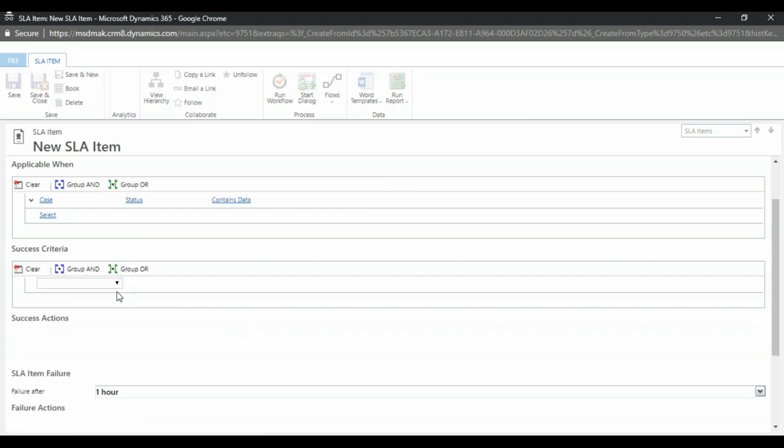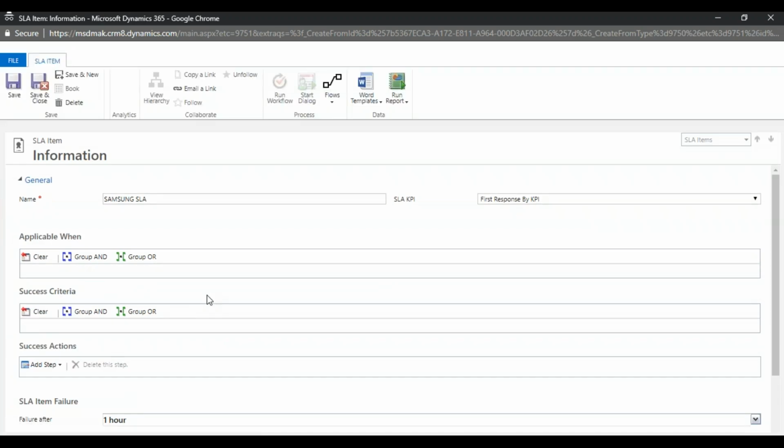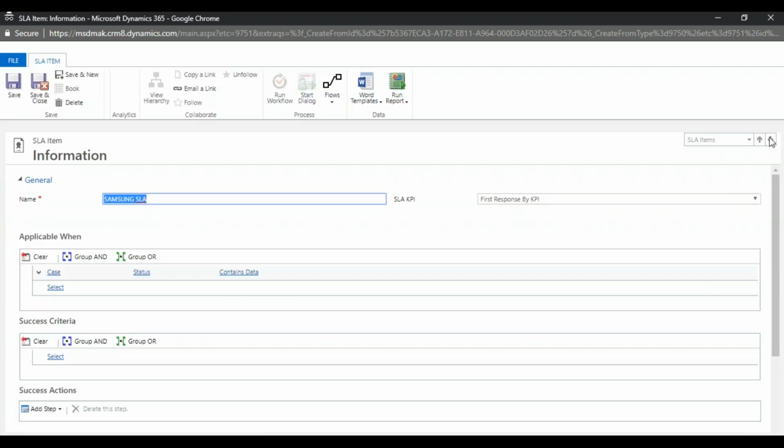So what I'm going to say is the success criteria: on what basis we are saying that the case is completed, our case is a success.